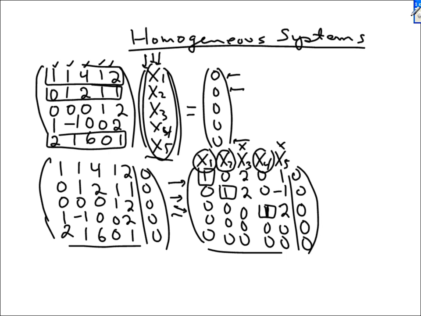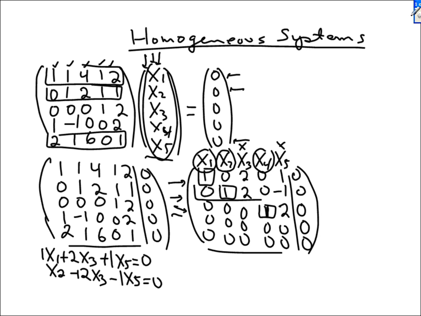Now, the first row says 1x1 plus 0x2, which I won't write down, plus 2x3 plus no x4s, plus 1x5 is equal to 0. The second line says 1x2 plus 2x3 minus 1x5 is equal to 0. The third row says x4 plus 2x5 is equal to 0. And the fourth row,